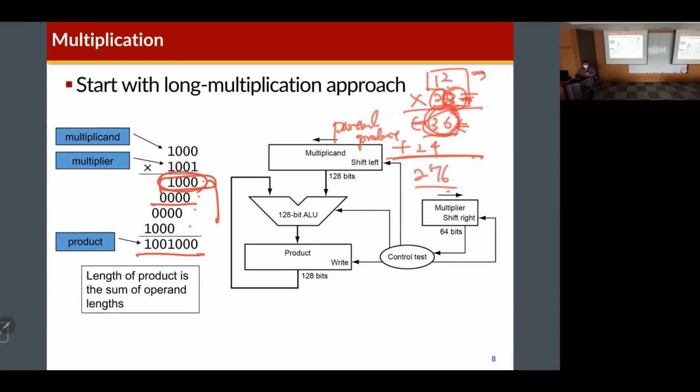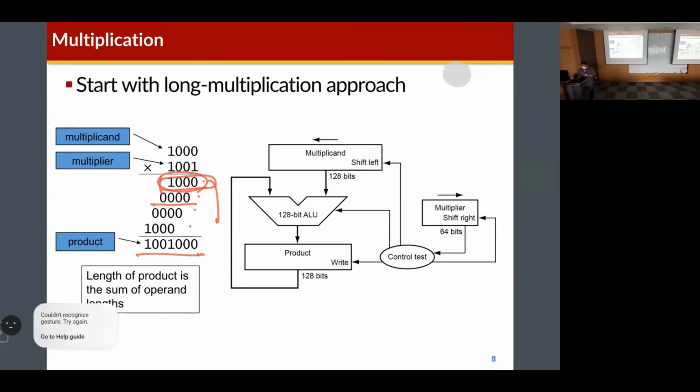Then how can we implement this multiplication? We can implement the multiplication logic like this simple multiplication method, which means you can just perform the multiplication for each digit of a multiplier. Firstly, he performs the multiplication for the LSB of the multiplier, and then for the next digit the partial product is generated, but we need to consider the